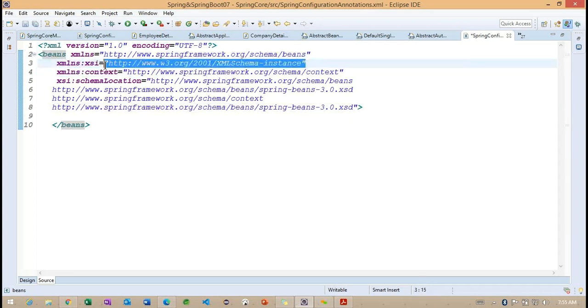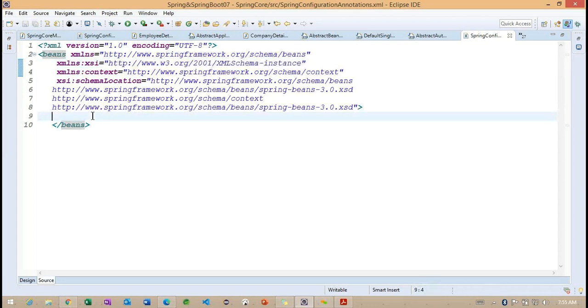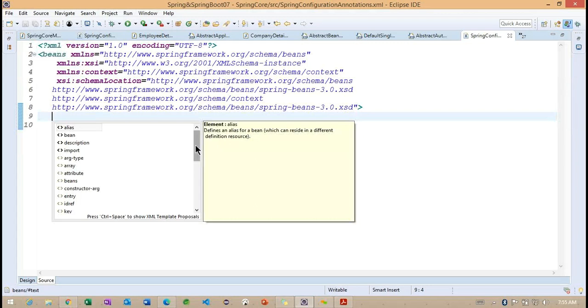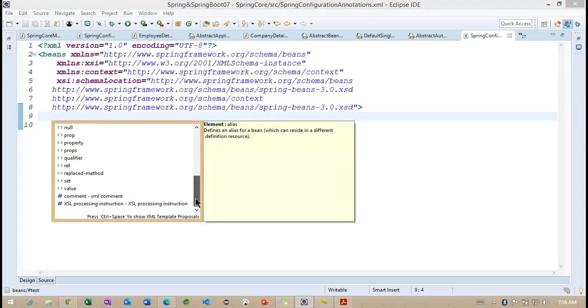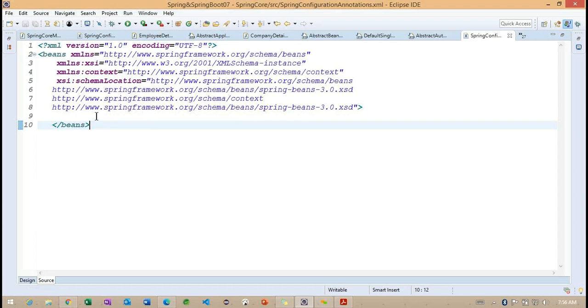XML instance. Okay. Let me try one more time. So basically I'm getting here context XML colon XSD. Archetype constructor here.